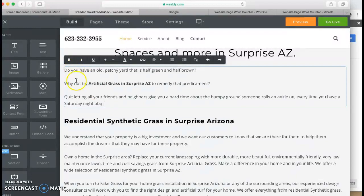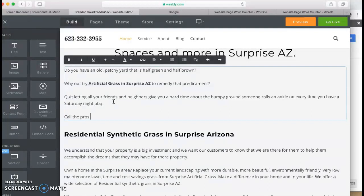Do you have an old patchy yard that's half green, half brown? Why not try artificial grass in Surprise AZ to remedy that predicament? Quit letting all your friends and neighbors give you a hard time about the bumpy ground someone rolls an ankle on every time you have a Saturday night barbecue. Now, call the pros here in town and have us come out to give you a free estimate on replacing your yard once and for all. And I'll probably make that lawn because I already said that's more natural. Most people are going to say lawn. Call the pros here in town and have us come out to give you a free estimate on replacing your lawn. Maybe we'll say like backyard